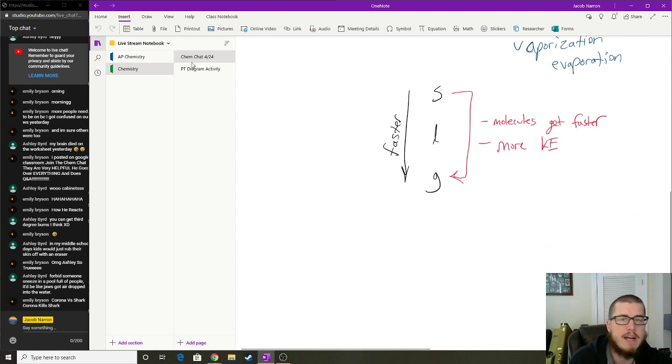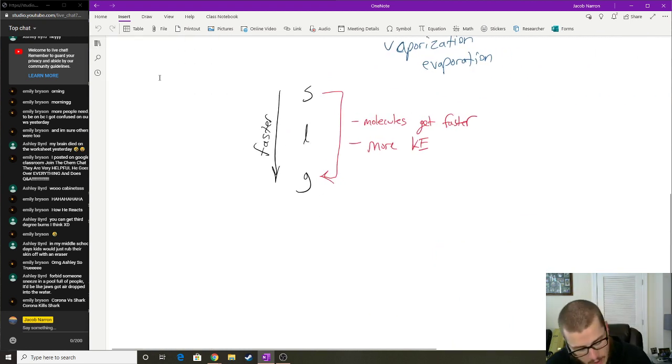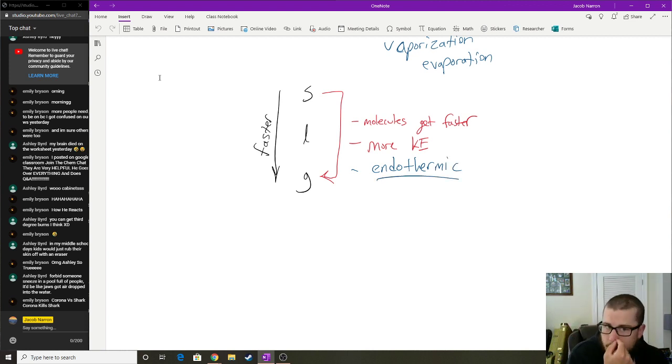So as molecules get faster, you get more kinetic energy. And if they get more kinetic energy, where are they getting that energy from? They have to take it in. They have to take in energy. Okay. Did I get that right? Yeah. And so this one is actually going to be, haha, I fooled you. This is endothermic. Even though I wrote it in red, it's actually endothermic. Okay, and so another way to think about it,